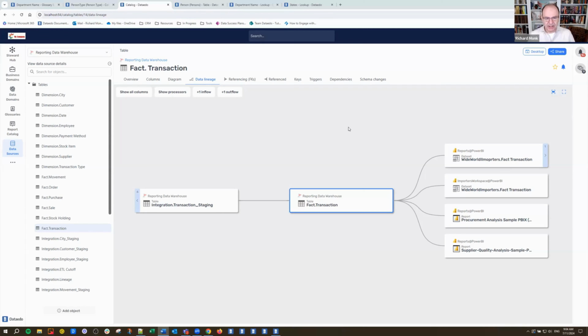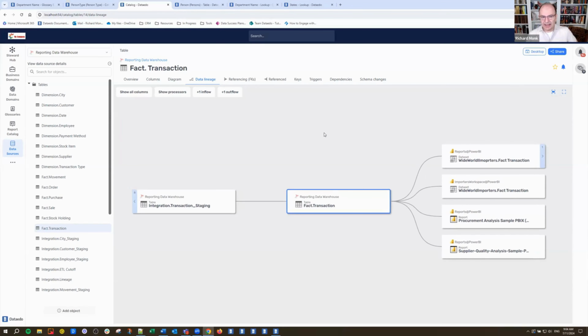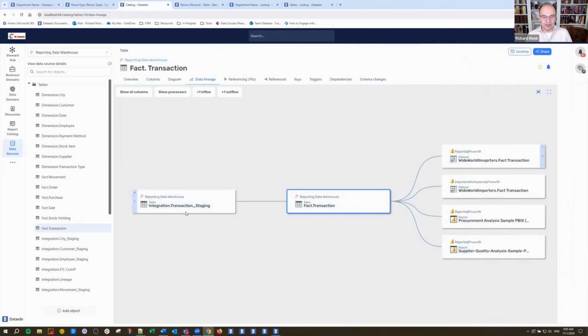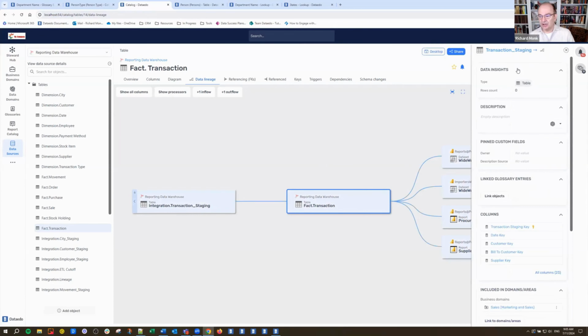So the examples I'd like to show on this, I have a couple of them. One is, I was looking the other day at Lineage, and something that I've seen before, I knew it existed, but I want to bring to your attention is when you go in here, of course, you can double click an object and it will bring up in the preview panel information about that object. So here I have information about that facts table. I can do the same thing over here, get information about that procedure. Actually, it's a temp table,